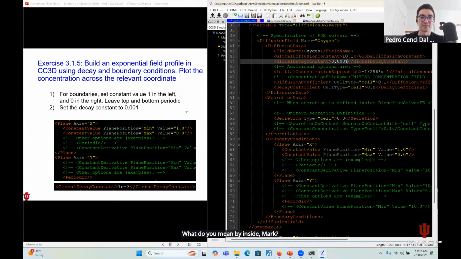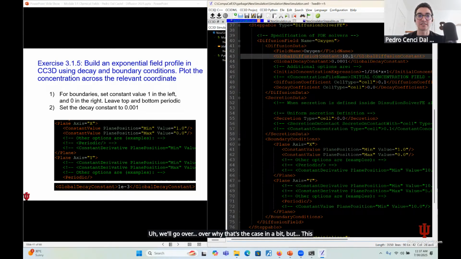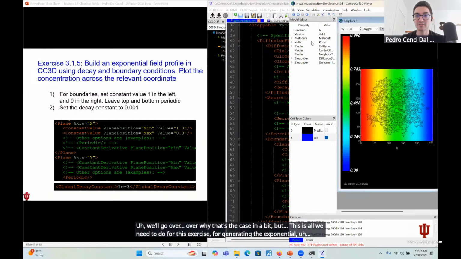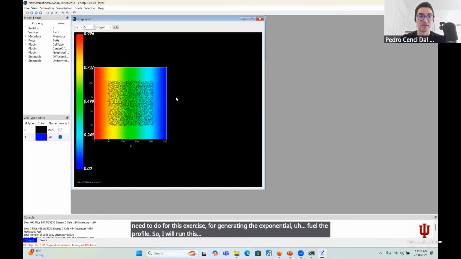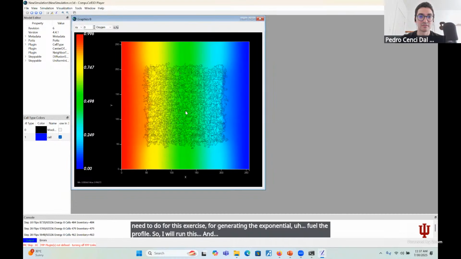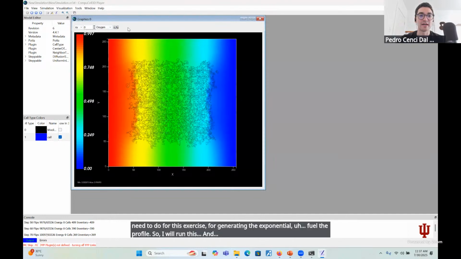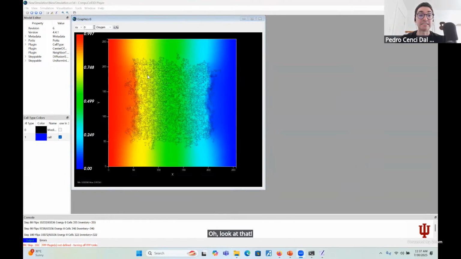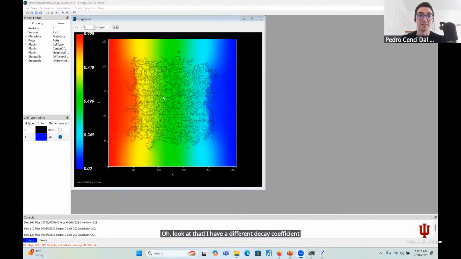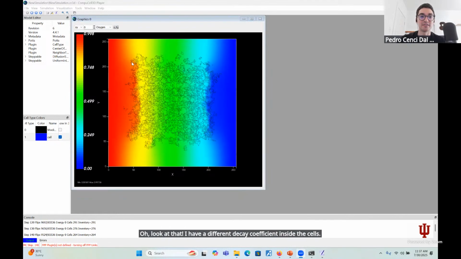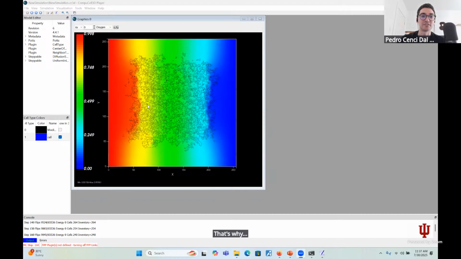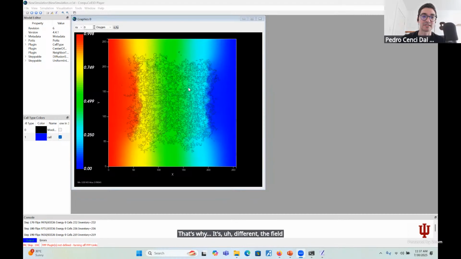I will go over why that's the case in a bit, but this is all we need to do for this exercise for generating the exponential field profile. So I will run this, and oh, look at that. I have a different decay coefficient inside the cells. That's why it's different. The field profile is different inside the cells and outside,